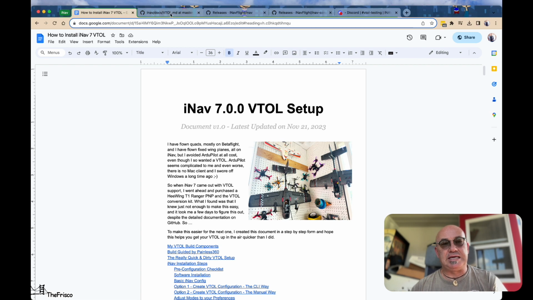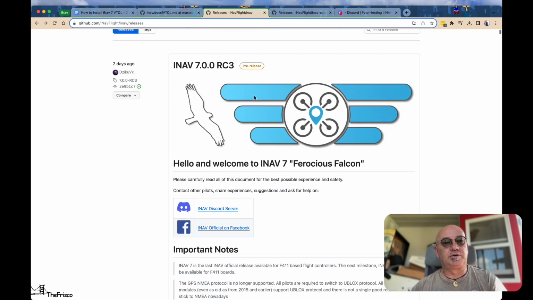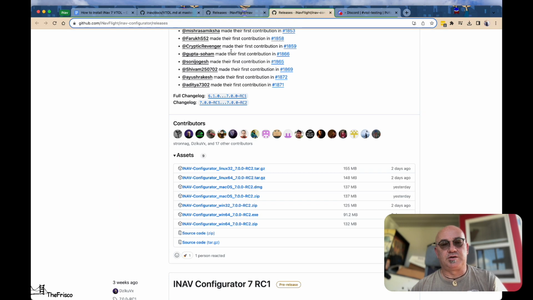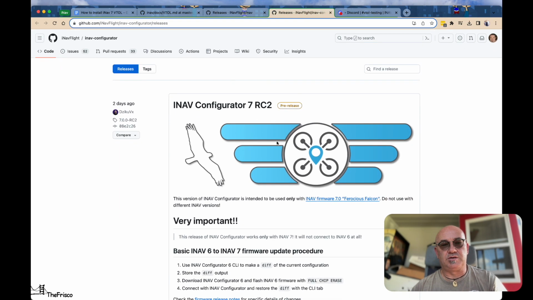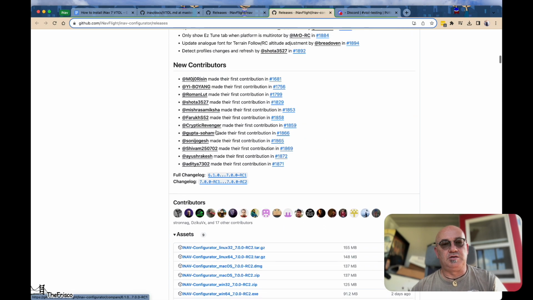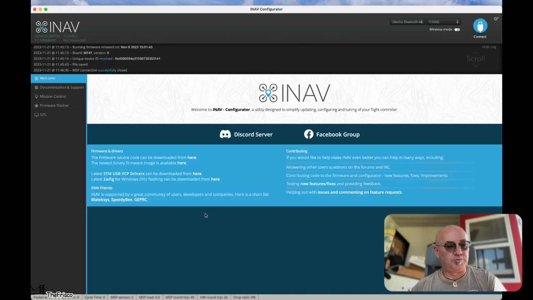So the configurator you can find by just going and looking for iNav. You can see here is iNav 7 release candidate 3. That's for the firmware, and the configurator is right here. This is release candidate 2. If you scroll down and you go to assets, pick the configurator of your choice for your operating system, and off you go. I have it loaded already, and so what we're gonna do is we're gonna just plug my